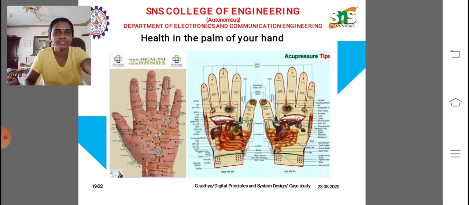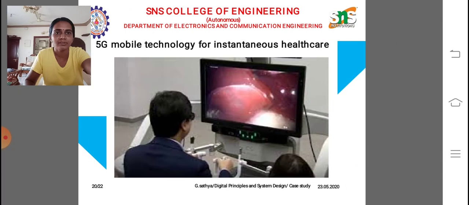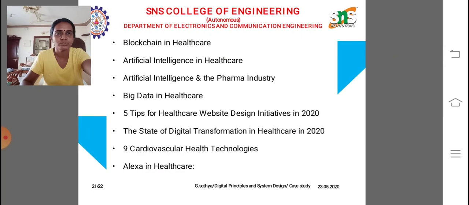So these are all the different solutions we are providing, and based on the palm structure we can identify our health details. This is also one of the solutions, that is our ideate part. And 5G technology, from this 5G technology we are incorporating all of this. This is our prototype. From this 5G technology, we are incorporating all our solutions in an effective manner. So this is our prototype solution.